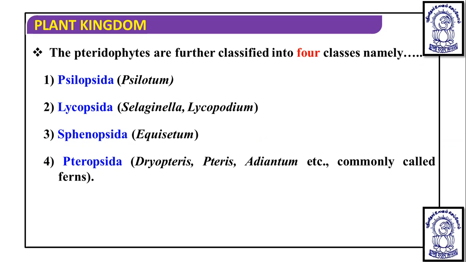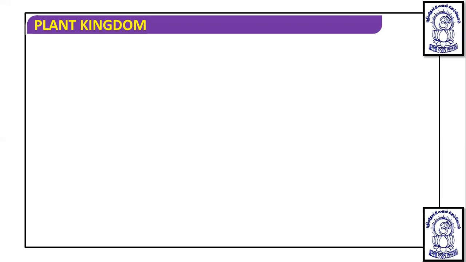So these are the four main classes of pteridophytes. Now today we are going to discuss all these classes one by one in detail. First we are going to talk about Psilopsida. Now, if we talk about Psilopsida in detail,